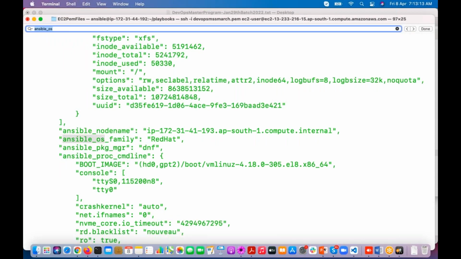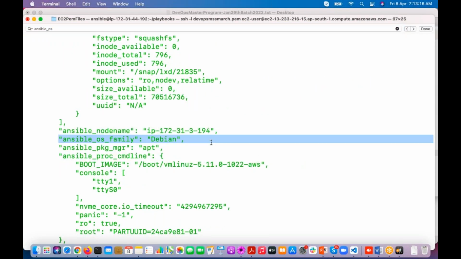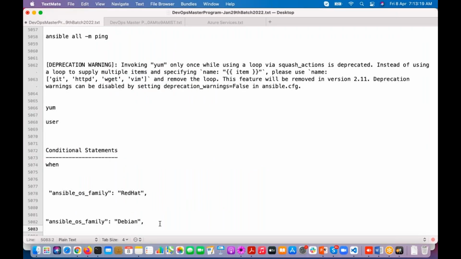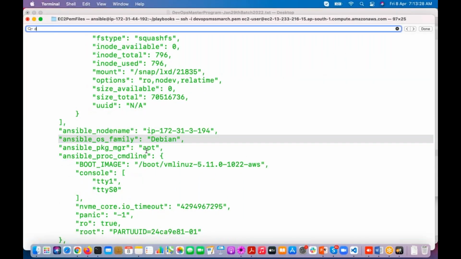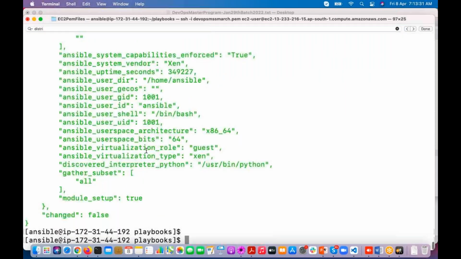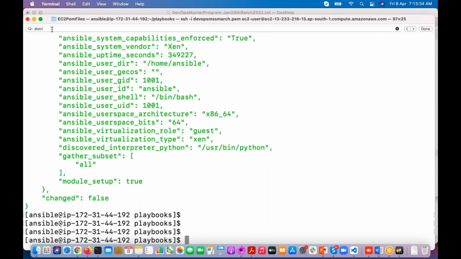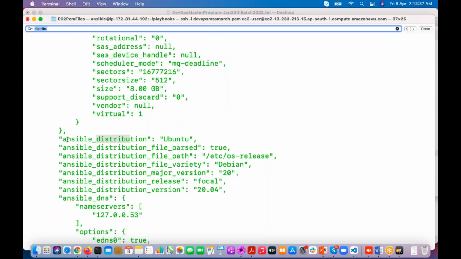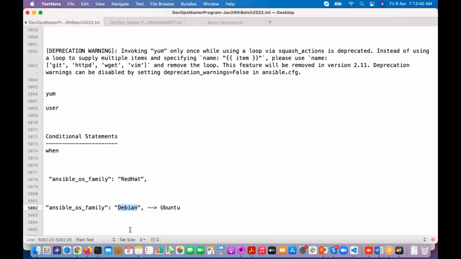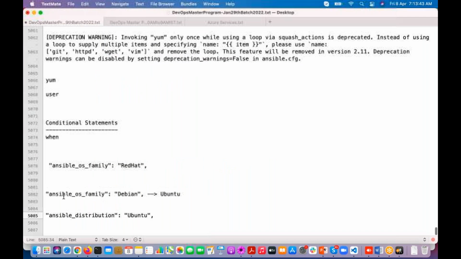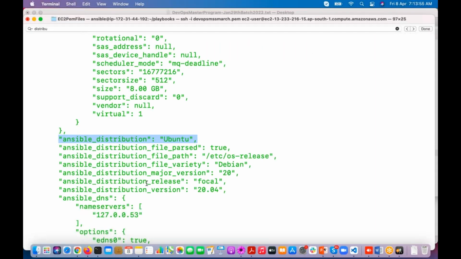Same way, if it is a Ubuntu, the OS family is Debian. But if you check the distribution, see, distribution is Ubuntu. So guys, you can use either this attribute to check the condition, or this attribute. Okay, so now if you observe here,